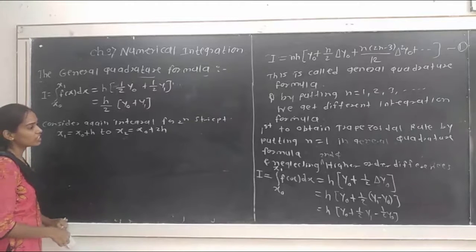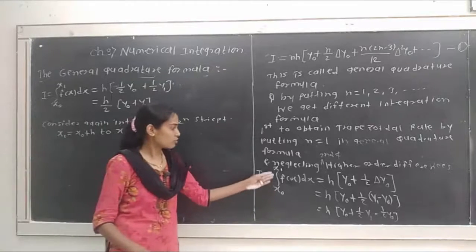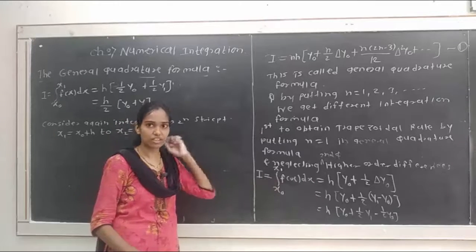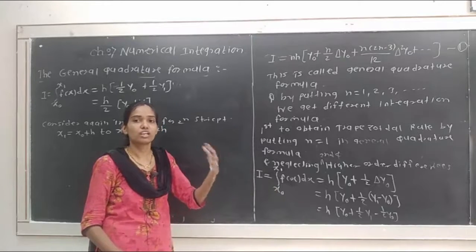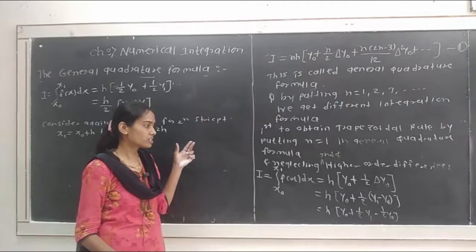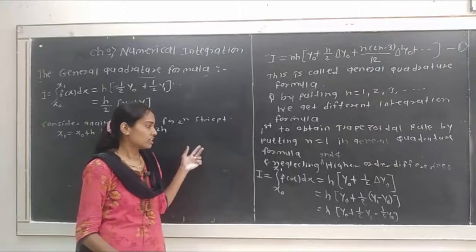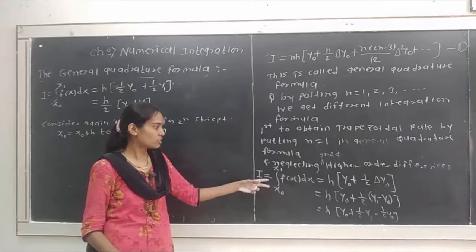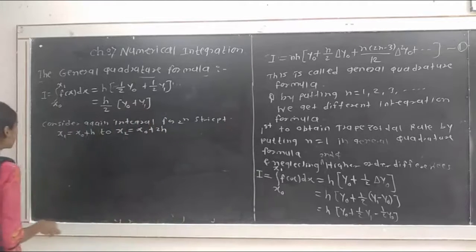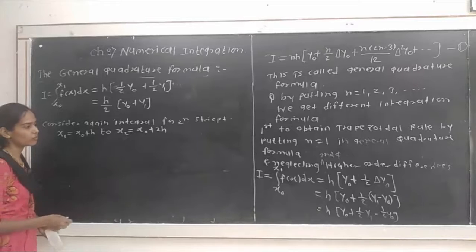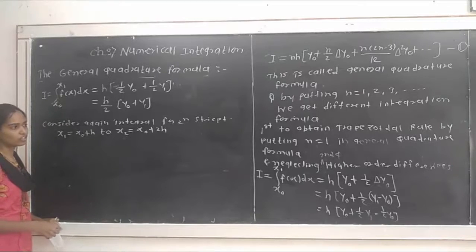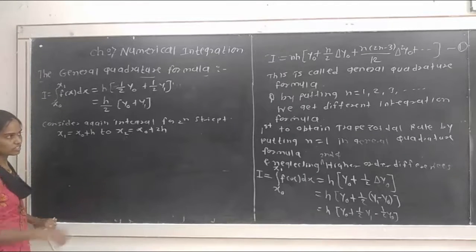We get the integral only for this strip x0 to x1, that is, only for the interval x0 to x1. Then we consider the next interval x1 to x2, then x2 to x3, and up to xn minus 1 to xn. We separately find the value of the definite integral on each single interval, and by adding all those integrals, we get the whole integral x0 to xn. By using this we get the formula for finding the quadrature integration, and that formula is the trapezoidal rule.